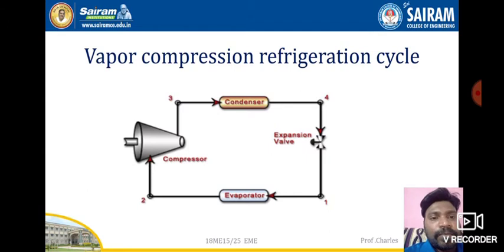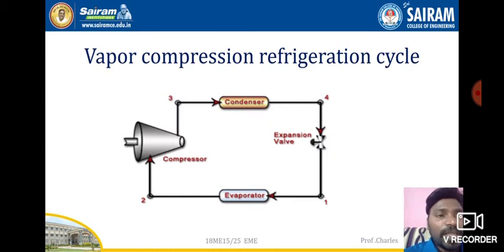And then the next one is low pressure, low temperature vapor. After passing through the compressor, it will turn into high pressure, high temperature vapor. So low pressure, low temperature vapor is converted into high pressure, high temperature vapor. After passing on to the 3 to 4 process, high pressure, high temperature vapor will be converted into high pressure, low temperature liquid. So here vapor is converted into liquid, and high temperature is converted into low temperature, and pressure remains the same.